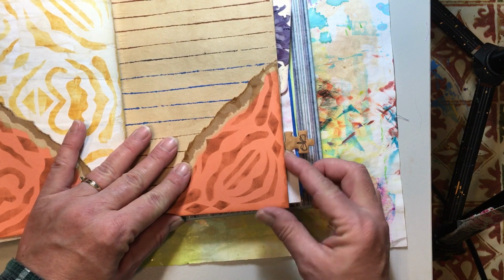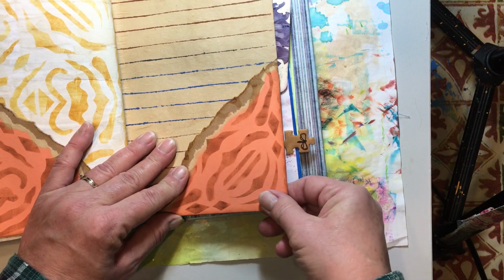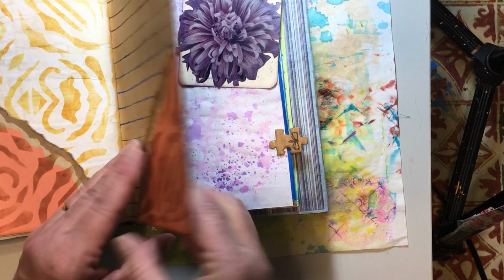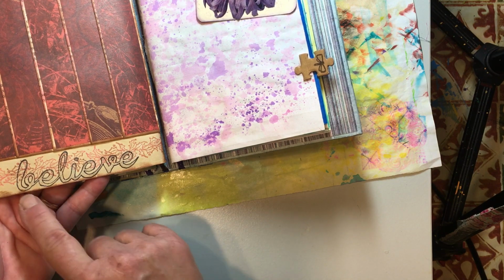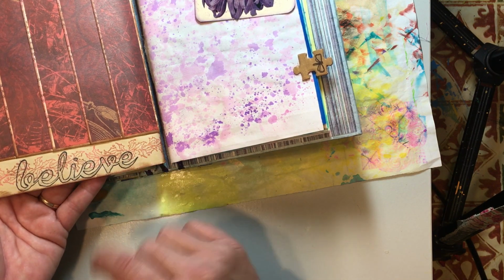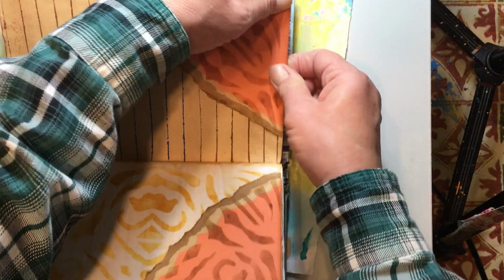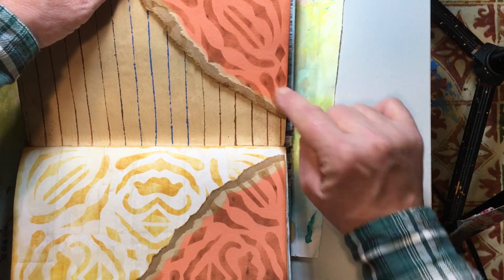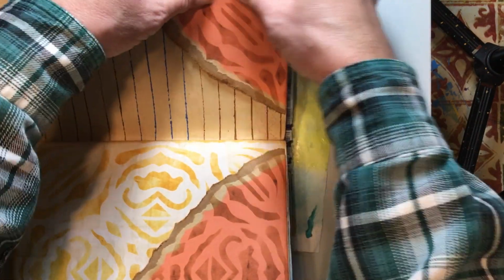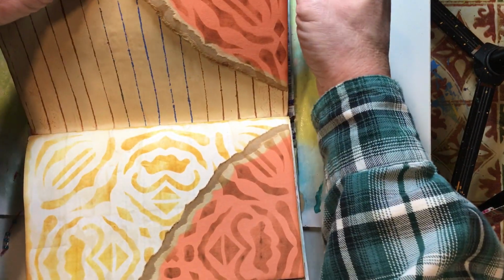And this also works really well. I've already covered it up, but just a second. This works well because on this side I had stamped Believe, and then I went over it with permanent marker. And when I did that, it didn't soak through completely, but it did soak through a little bit. So now that I put this on here, I just noticed it covered up that little bit that soaked through. It wasn't very noticeable, but...